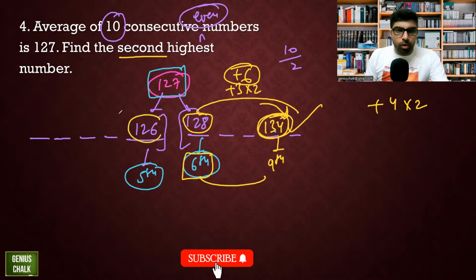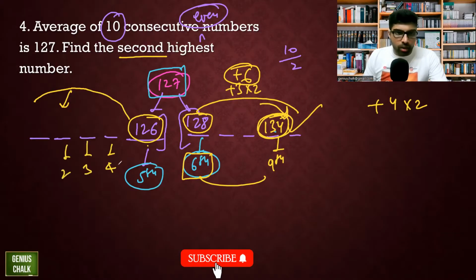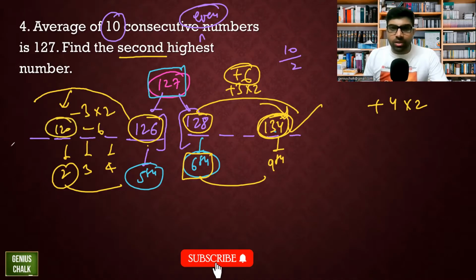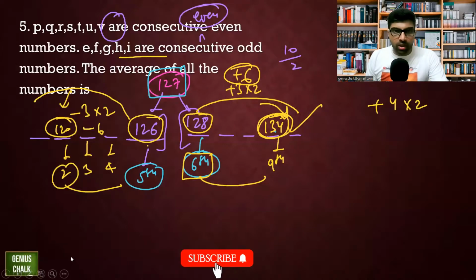So similarly, if you want to go back, suppose the second smallest is asked. So 126, this is the 5th observation, this is 4th, this is 3rd, this is 2nd. So there is a 3 gap between 2 and 5. So it is minus 3 into 2. It is minus 6. That means this must be 120. So this is my answer, guys. So please be very careful in this type of questions. They are your exam questions. Next one,